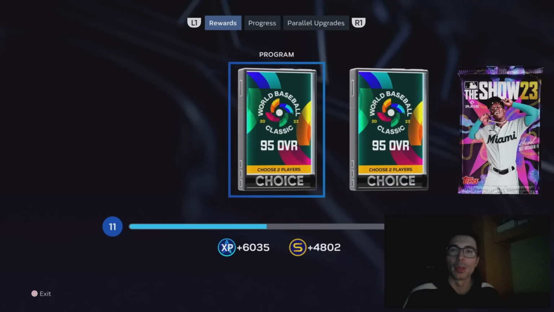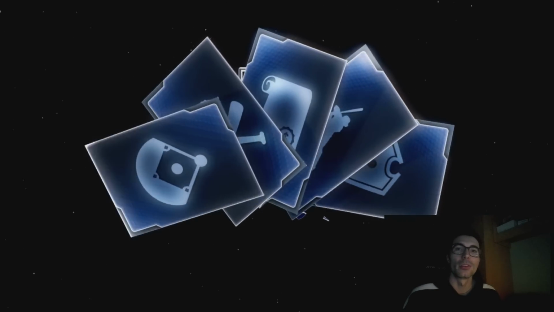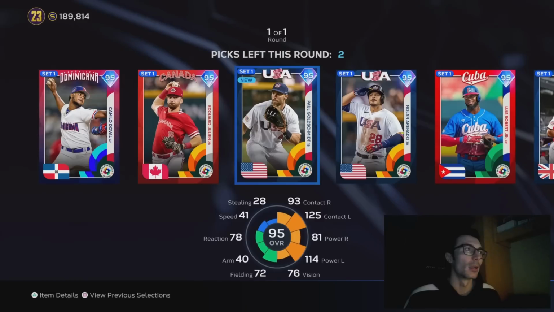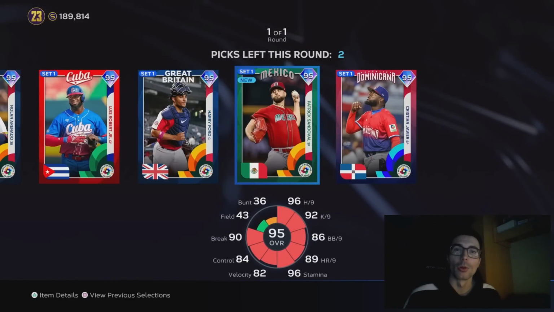That is because I completed the moments first. If you just jump right into the showdown right away, then you'll probably be able to earn some of those 90 overall packs that you earned before these 95s. You can get about 12 diamond cards by completing the missions and the showdown, and then once you complete the conquest, you should be able to get up to those 97s, or maybe that first 97 overall World Baseball Classic,